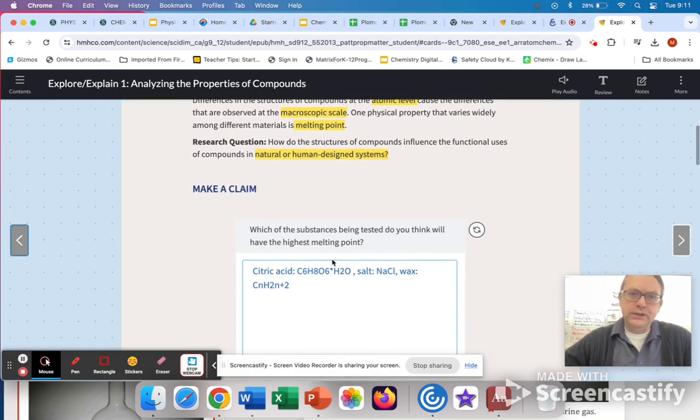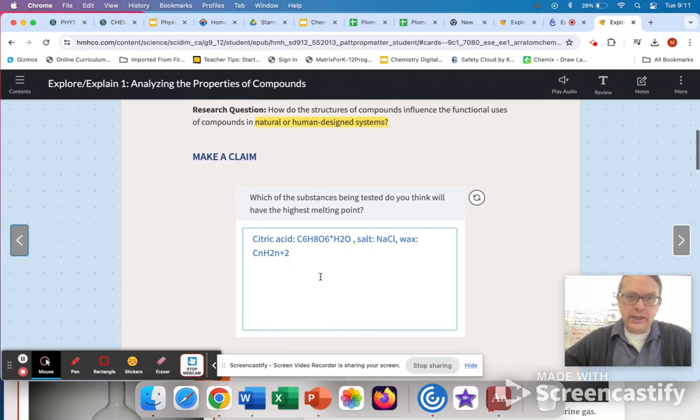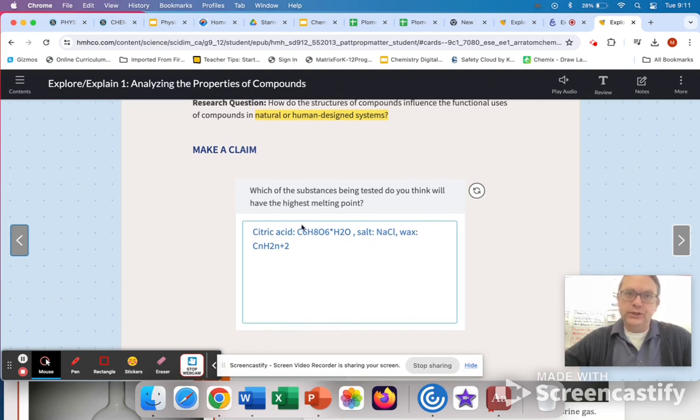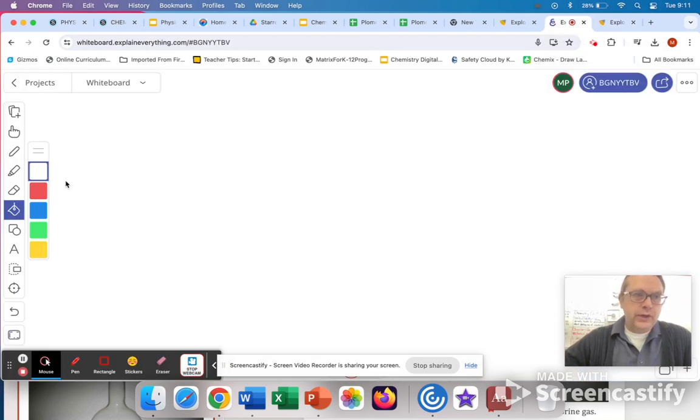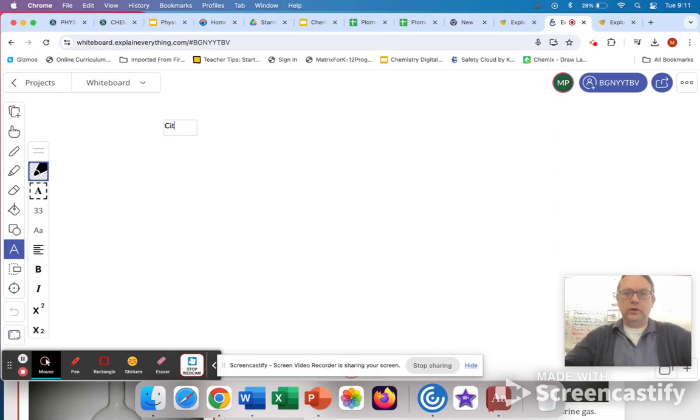We had citric acid, salt, and wax. The chemical breakdown of each: so we had citric acid, its chemical breakdown,